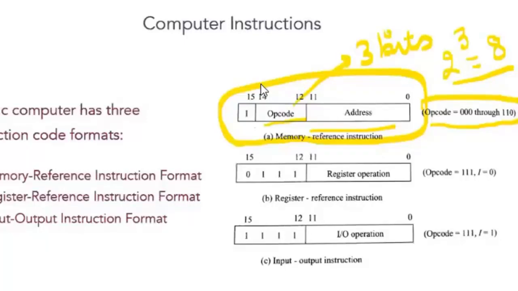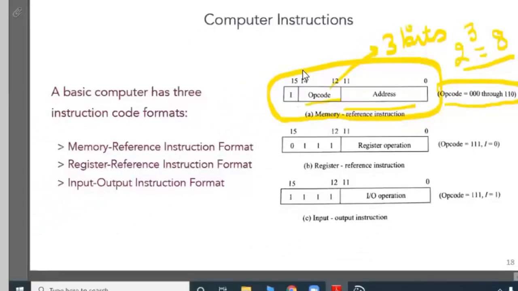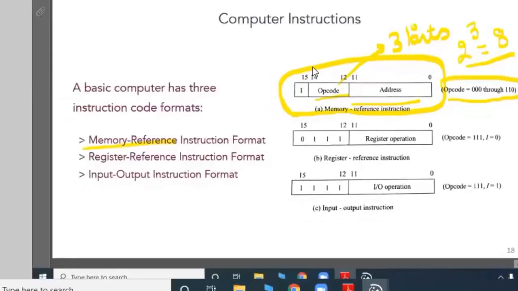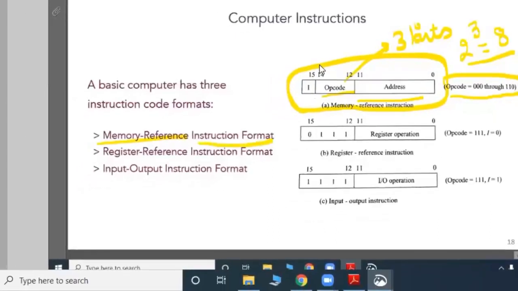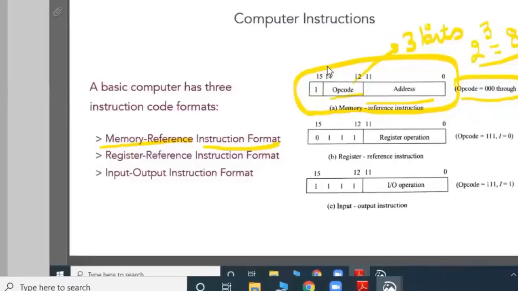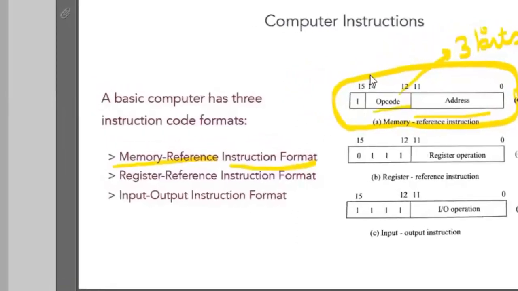So in a memory reference instruction, the instructions refer to memory every time for their operation. Now, why here it's written memory reference? That means the instruction format that refers to the memory, that uses memory for all its operations. That's why it is known as memory reference instruction. Because in this type of instruction, every instruction is referring to the memory to get the value of operands and to store the result of the operation. So every time memory is referred.